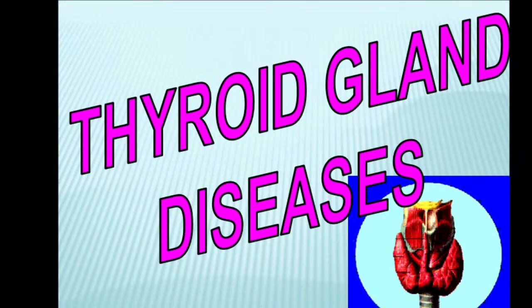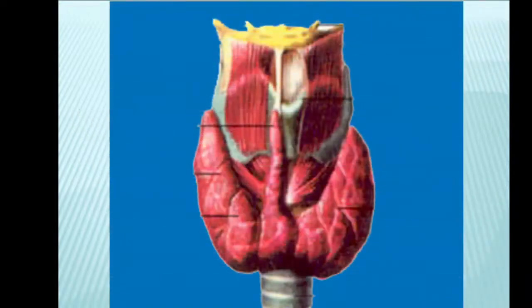The next problem which I want to talk about today is thyroid gland diseases. You know that the thyroid gland is one of the main endocrine glands in our organism, together with the pituitary and hypothalamus, because depending on its activity, the activity of some vital organs depends, and first of all the cardiovascular system. And sometimes the patient first enters the cardiovascular department, and then the doctor reveals that the problem started from the thyroid gland.